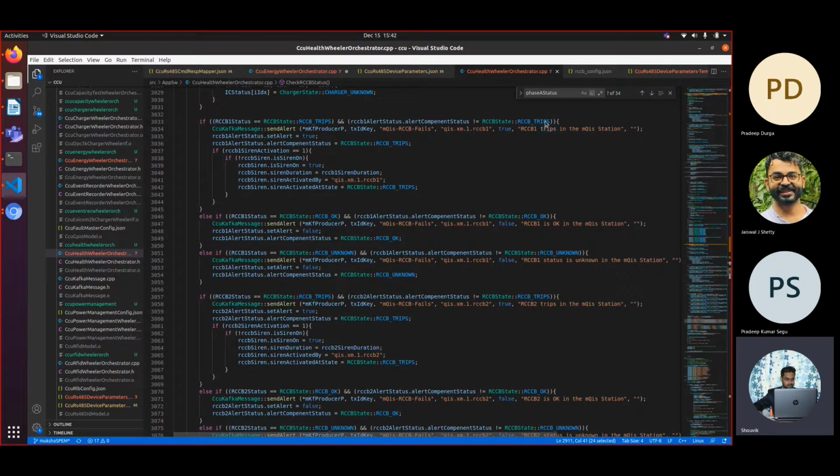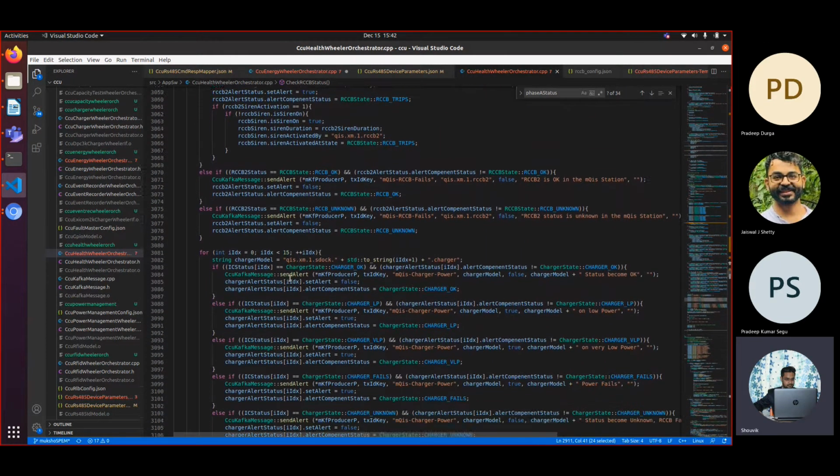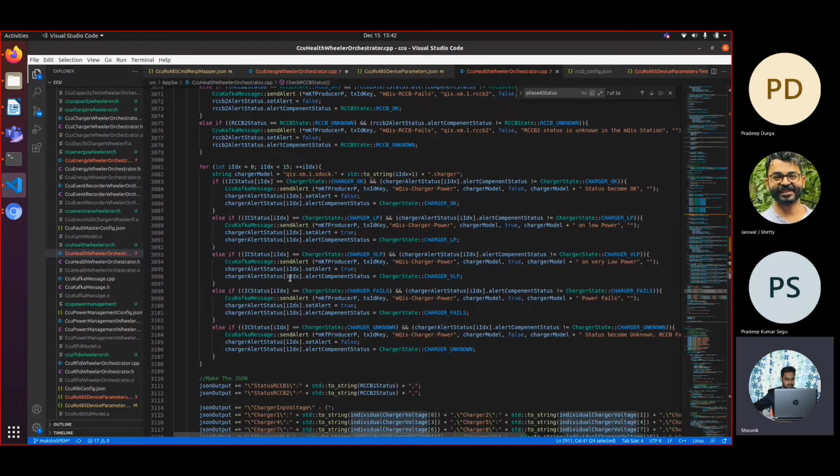If the RCCB status and alert status are different, we understand that the status has changed recently and we are updating the alert again. The same is true for RCCB 2 also, and for our individual chargers also.